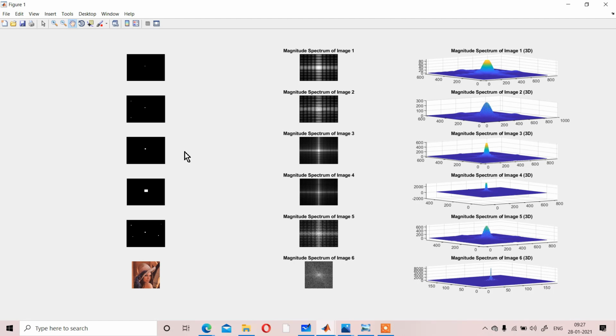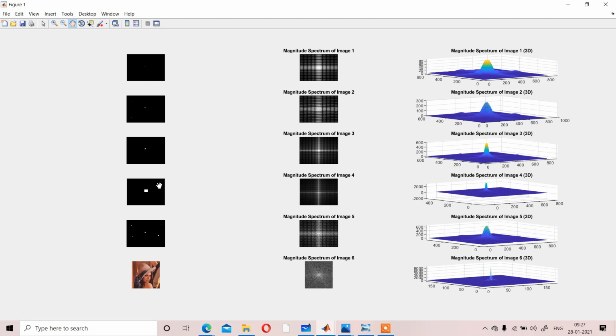So if we consider a high resolution image, in the frequency spectrum the low frequency range will be smaller, and it will be the maximum if we consider a low resolution image.